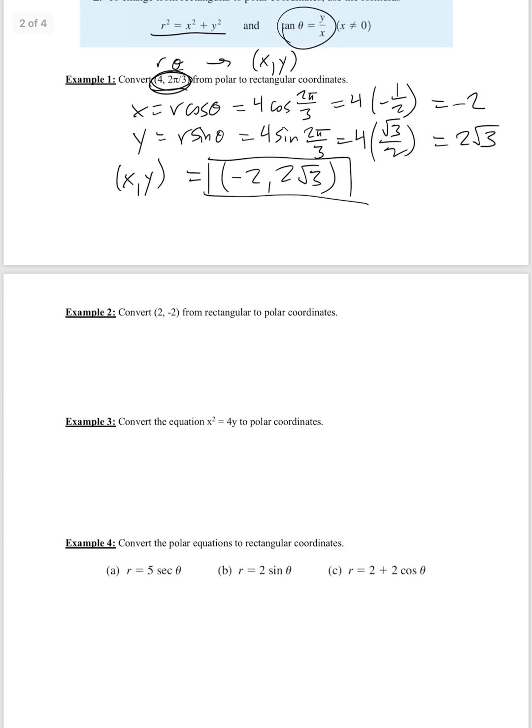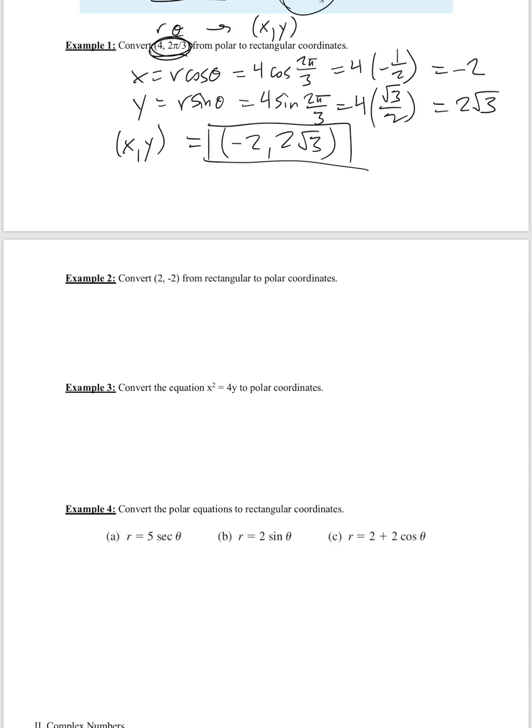I'm going to go ahead and go through example 2 with you as well. So convert 2 and negative 2 from rectangular to polar coordinates. So now this is rectangular coordinates, that's x, y, and I want to change this to polar, which is in the form r theta. Well, r squared is x squared plus y squared. So r squared equals 2 squared plus negative 2 squared, which is 8. So if I take the square root of both sides, r is the square root of 8,